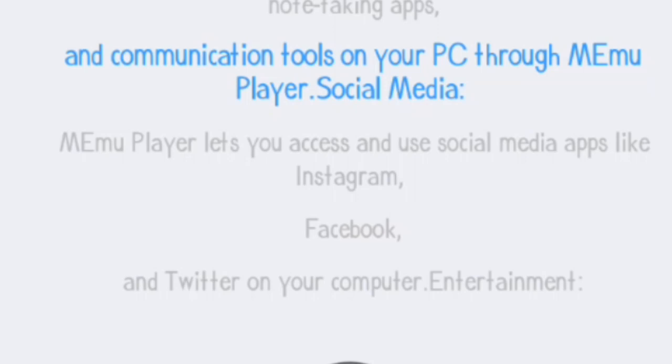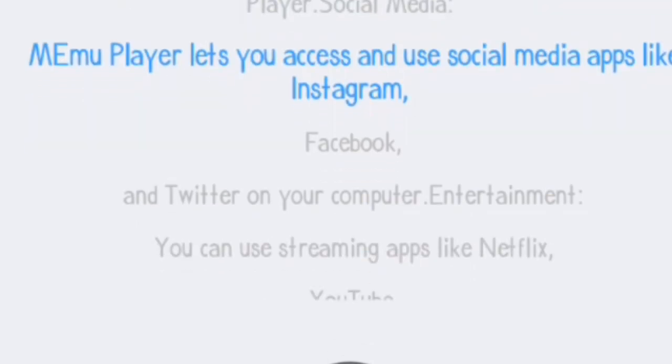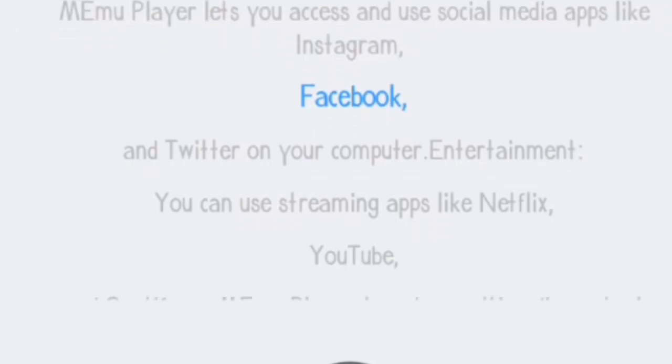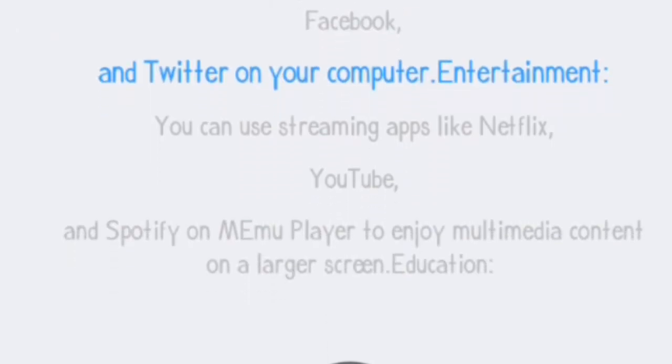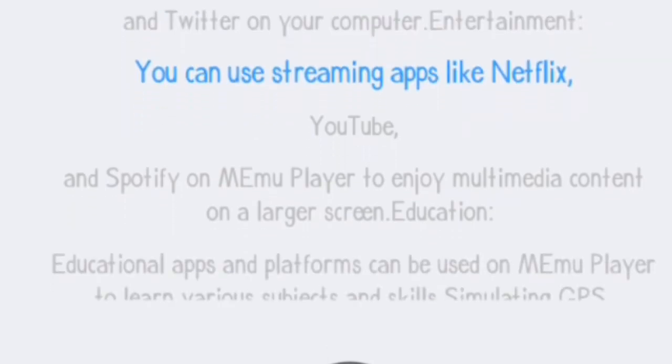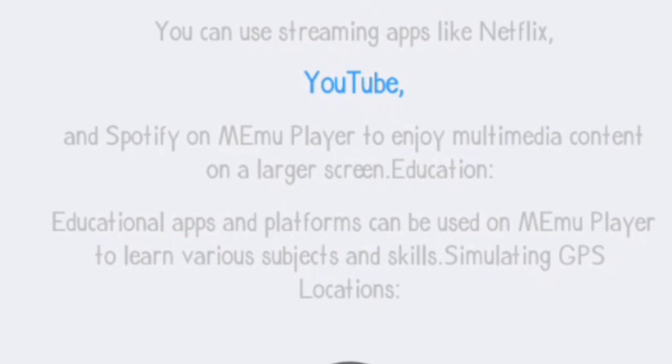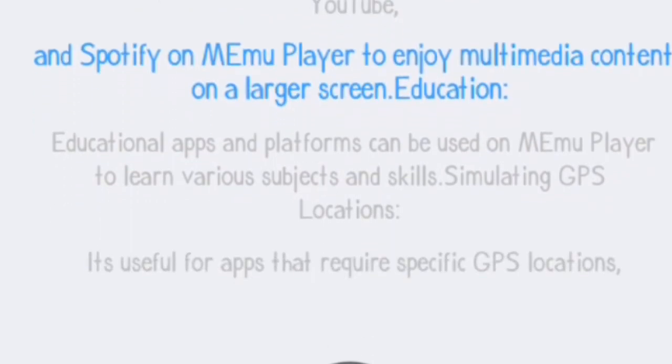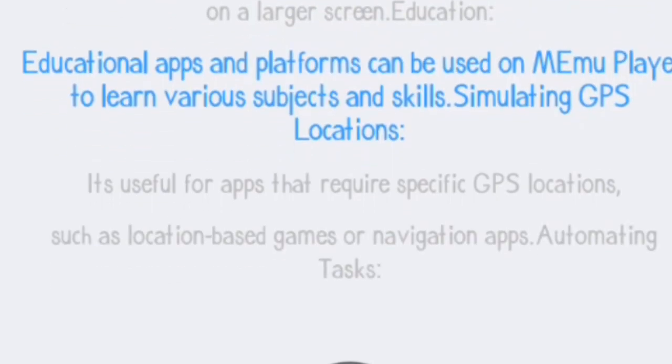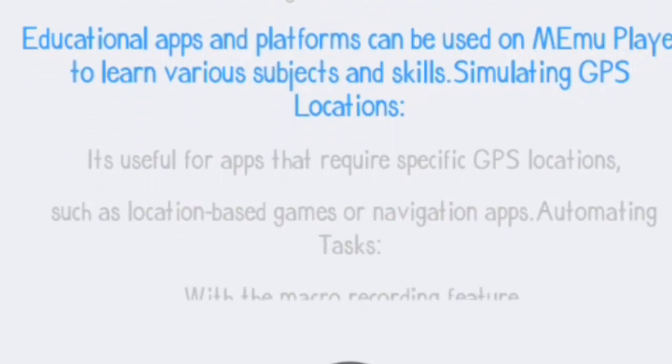Social media. MEmu Player lets you access and use social media apps like Instagram, Facebook, and Twitter on your computer. Entertainment. You can use streaming apps like Netflix, YouTube, and Spotify on MEmu Player to enjoy multimedia content on a larger screen. Education. Educational apps and platforms can be used on MEmu Player to learn various subjects and skills,